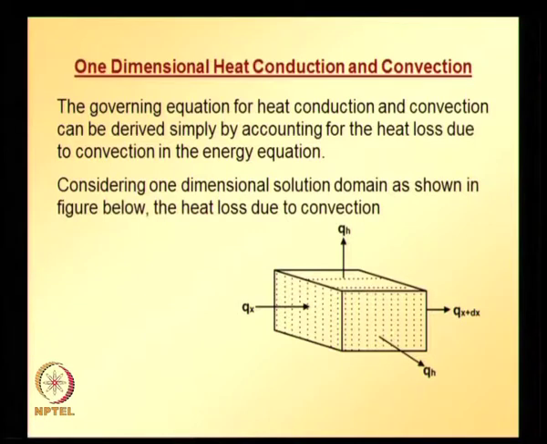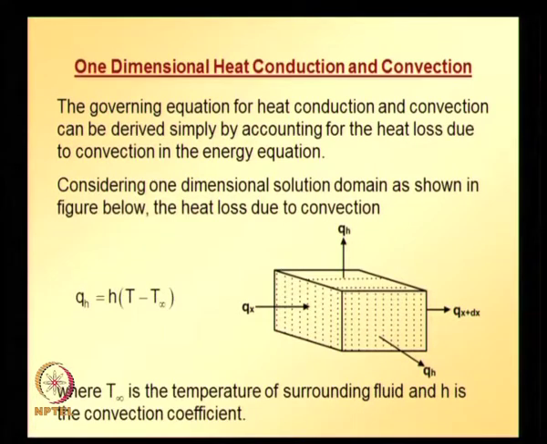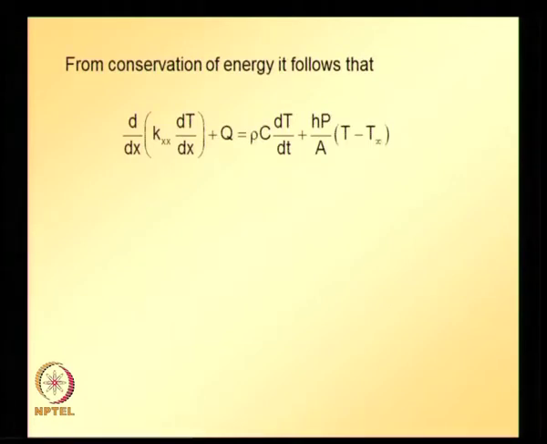Considering the one dimensional solution domain as shown in the figure, heat loss due to convection Q_H is equal to h times (T minus T infinity), where T infinity is the temperature of the surrounding fluid, and h is the convection coefficient. So using this, from conservation of energy we can write this differential equation for this case, heat conduction and convection case,